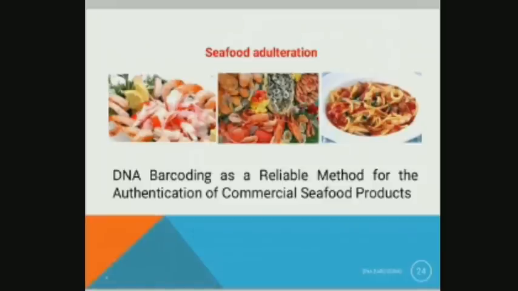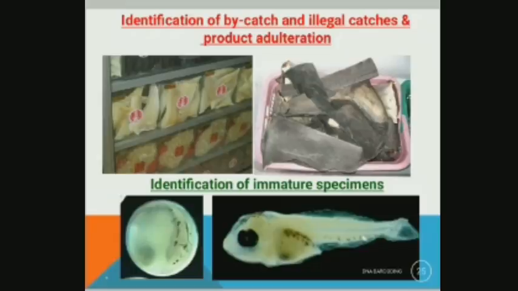Again, adulteration is common for high value fishes like seer fish, a marine fish of high value. They substitute that high value fish with a low value freshwater counterpart, having the same texture and taste and everything. To check those kinds of adulteration we can use DNA barcoding. Even for dried products we can standardize the DNA isolation technology. Even fried items, fish curry and everything, we can authenticate using DNA barcoding.